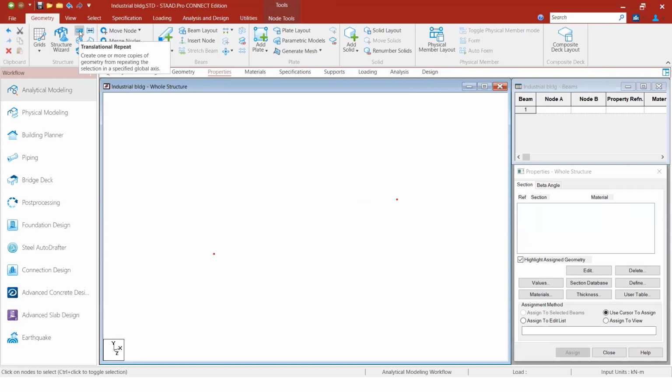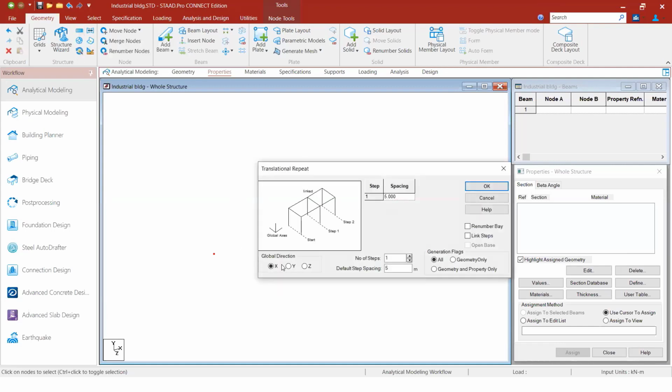We have a translational repeat here, normally used to create nodes at 5-meter spacing, with as many steps as you want. Normally we can create it in the Z direction first for 15 meters, because here the width of the building is 15 meters, right?